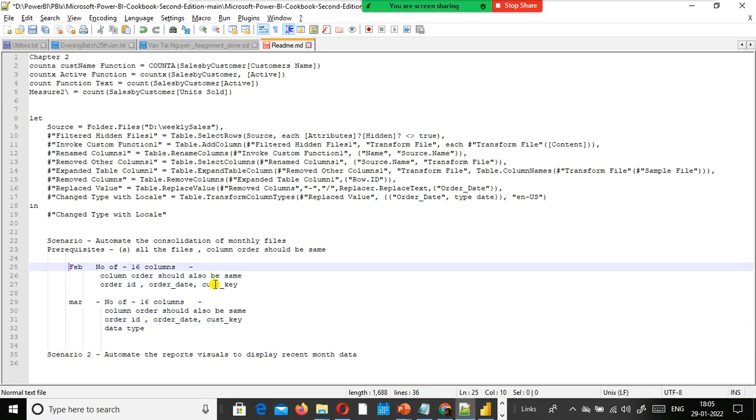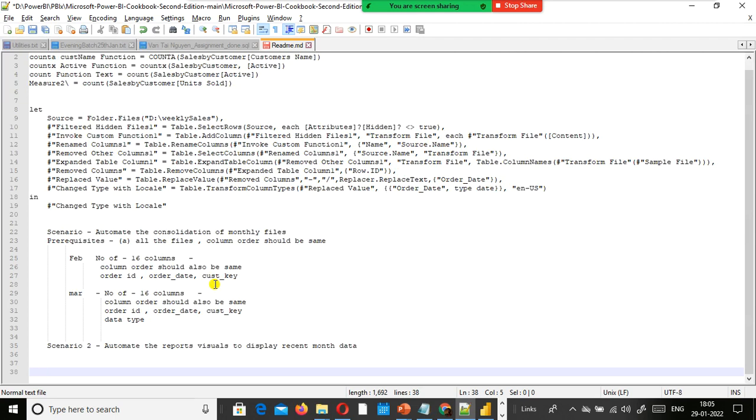Supposing he gives February month 15 columns and here he gives 12 columns, then it will not be possible. It will fail, the job will fail. This is fine. We have the folder connection option for that. If you specify the folder name, it automatically picks each and every file and combines them. Scenario 2 is, this is a basic thing.